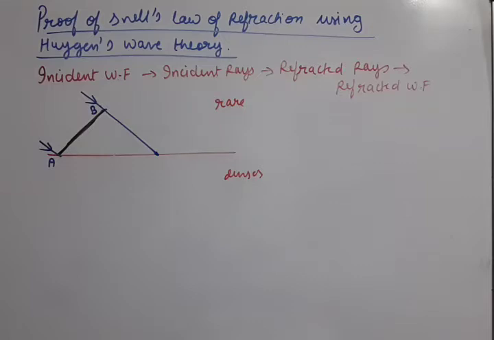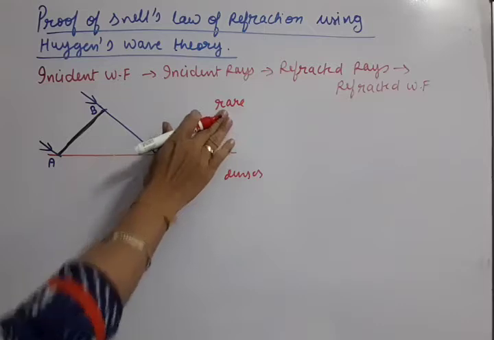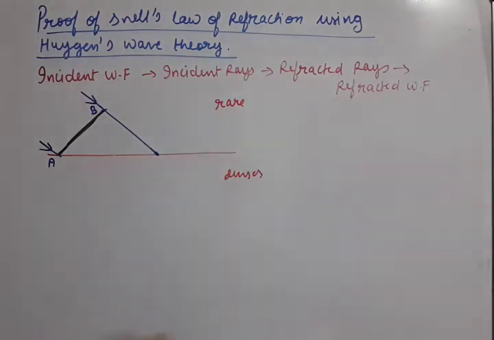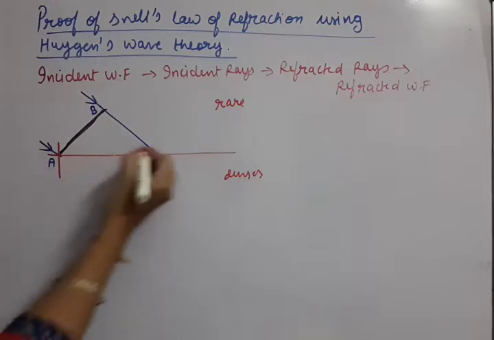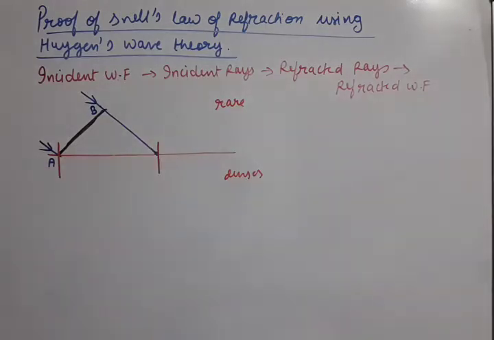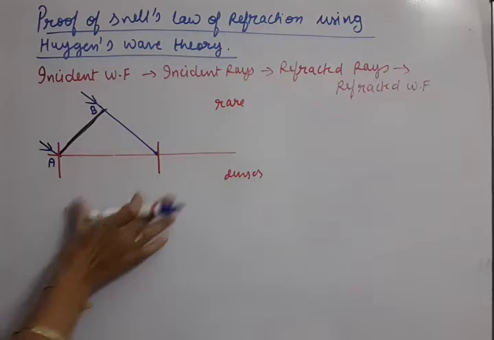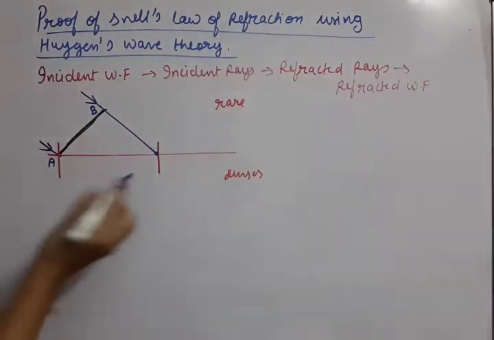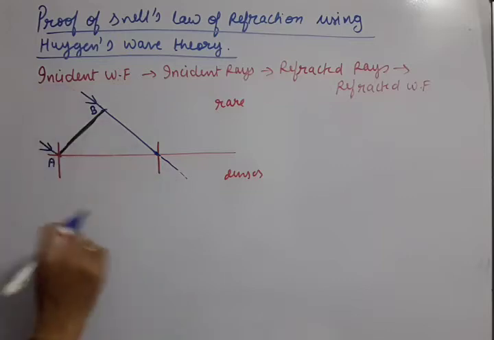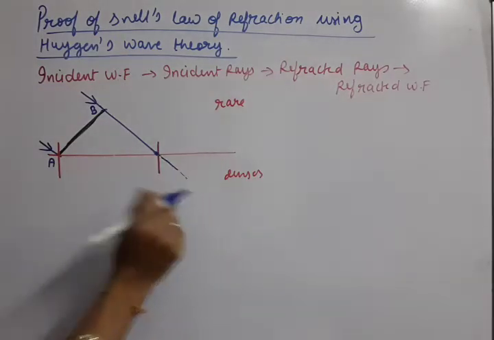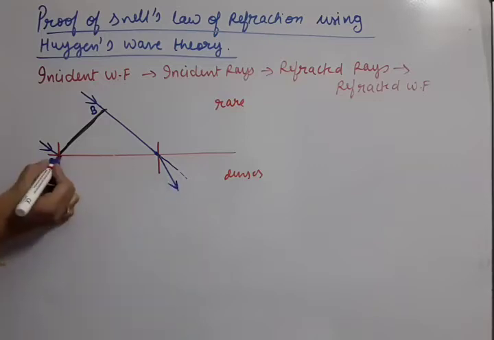Now how the refraction takes place, for that we know that when light comes from rarer to denser medium, then it turns towards the normal. So we have to show two normals here, normal 1 and normal 2. Now what should be the path of the refracted rays? Third step, refracted rays. We know the original path is this, but because we are coming from rarer to denser medium, this ray should turn towards the normal. So we have to show turning towards the normal.